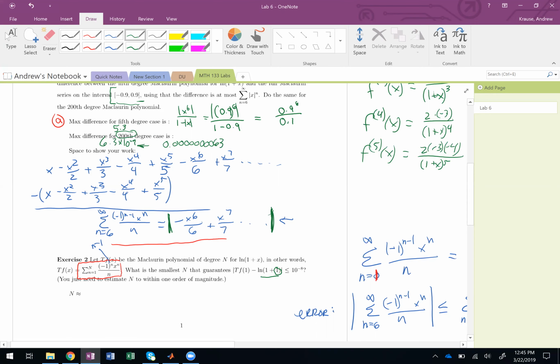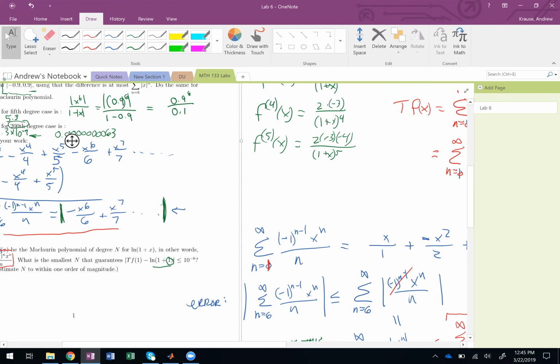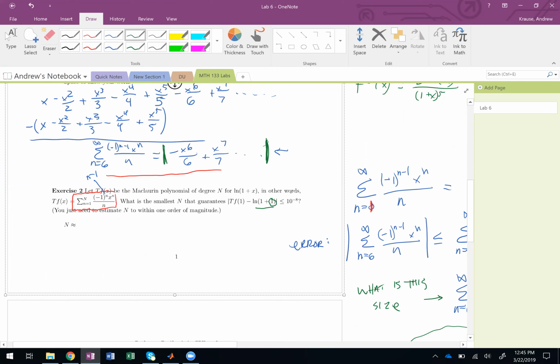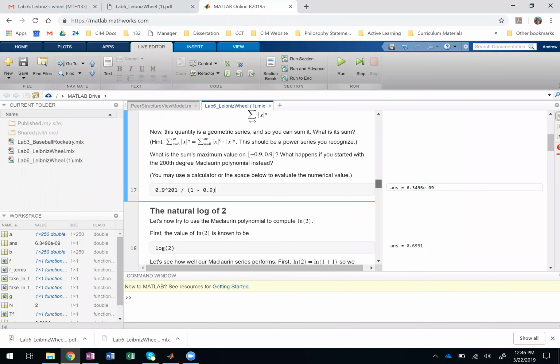So let's say that we wanted to use the Taylor polynomial, plug in 1 to it, and try and get an error that is less than or equal to 10 to the minus 8th there. Well, how long do we need to make the Taylor polynomial? How many terms do we have to use? So the whole point of this exercise was just trying to plug in values for n and seeing how far can we go. So if we go back over to the lab, this MATLAB document,